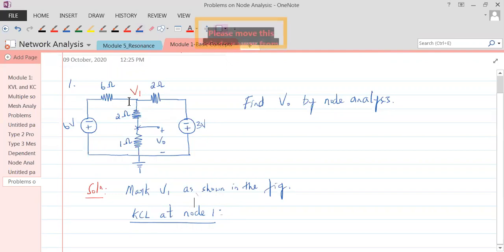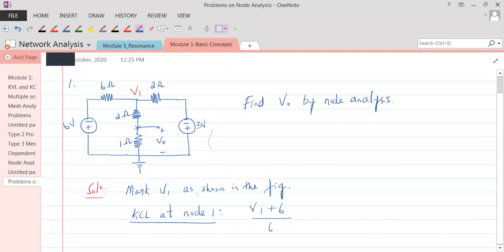Now, which is the current leaving node 1 in this branch? I'm not marking anything, I'll directly write the current. It is V1 minus of minus 6 volts divided by 6 ohms. So instead of writing minus of minus, I would write V1 plus 6 divided by 6 ohms, plus